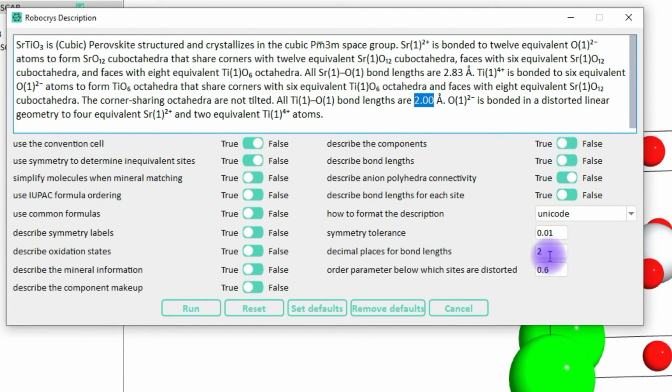Now you can see that the decimal places for bond lengths, the default is 2 decimal places. That's why you are seeing 0 0 or 8 3. So let's increase it to 4. Now you can see 1 within brackets, precision also, for titanium also. Now what are these? These are symmetry labels. Now what you can do is,